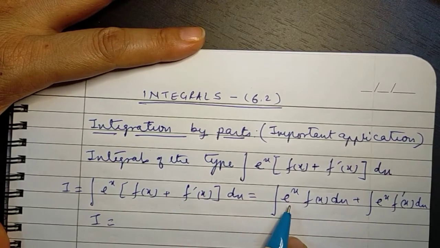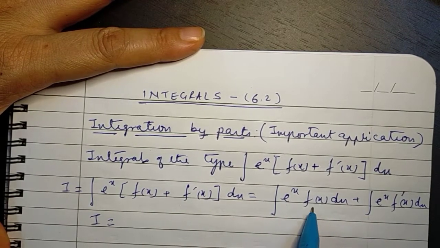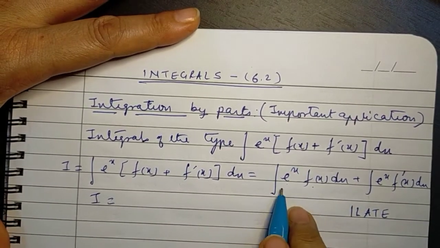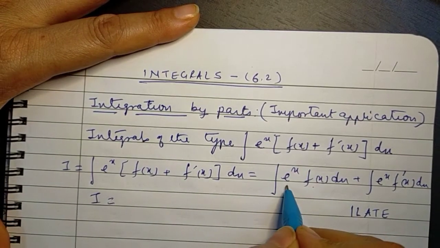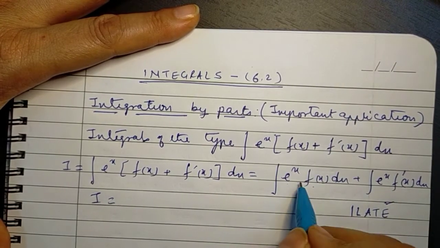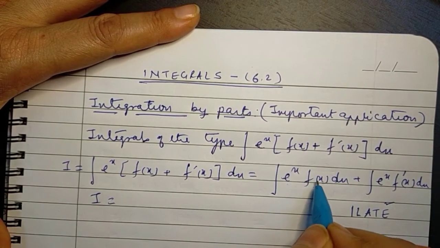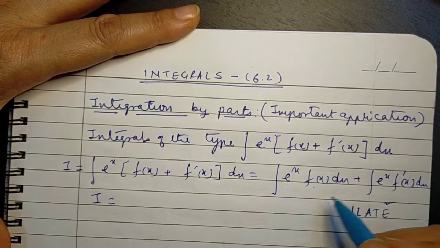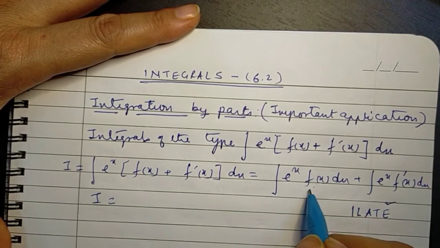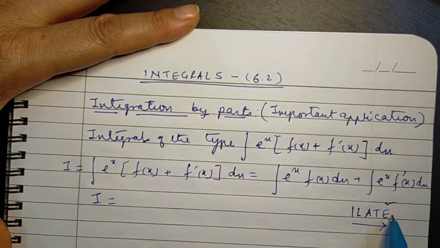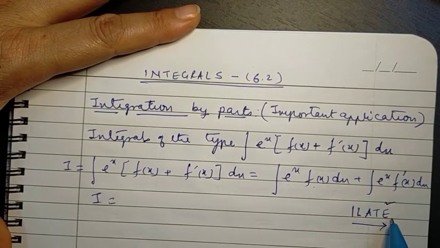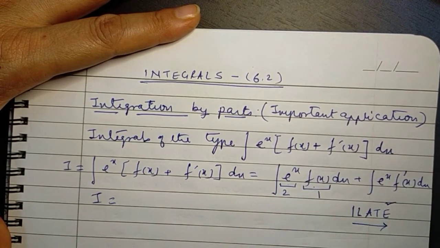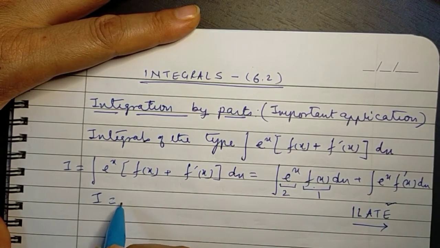So I becomes equal to, if you just take this first function and we follow ILATE. It's a product of two functions. Here this is the exponential function, so no matter what kind of function this f(x) is, the exponential function will always be treated as the second function and the other function as the first, because the exponential function always comes in the end, and so we treat this as the second function and this as the first function. Doing in this manner, what we get is